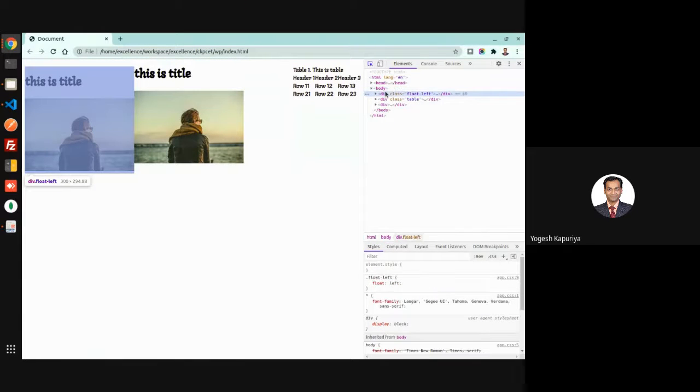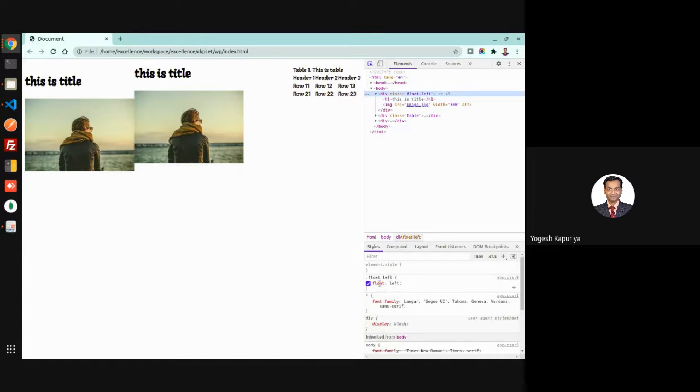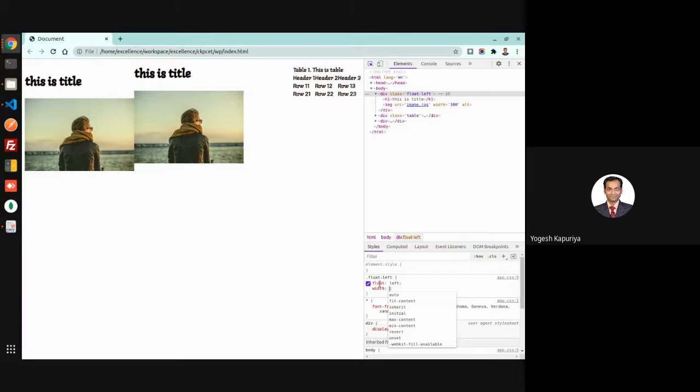What it has done, because I have mentioned float left, then again I told you that it will be removed from the regular flow. So it will compute the size, and remember that when you write something as float, and if you don't mention any width, then by default the width will be set to the content only. So whatever will be the width of the content, that will be your width.